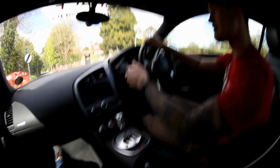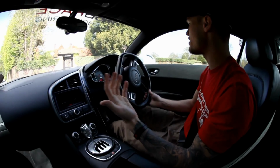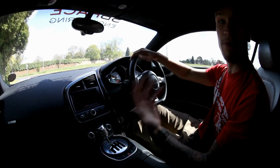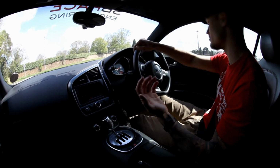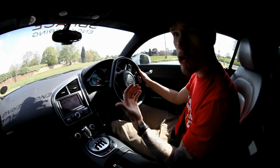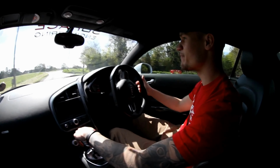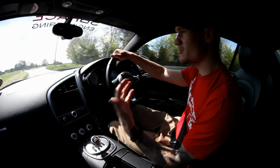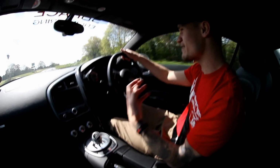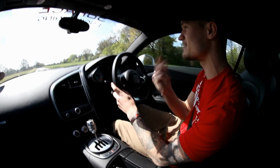putting my foot down in this car, because the great thing about the Audi R8 V8, a lot of people have said, well, it's not really a supercar, but what I found when testing my first supercar with Premier Velocity was some of the cars that we tested, like the 458 and the McLaren 12C, are almost too fast for public roads. As you know, the 12C actually gave me a headache. And the 458, it's so fast, but it's also so dangerous because you can lose your license like that,